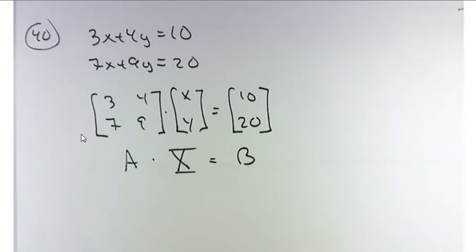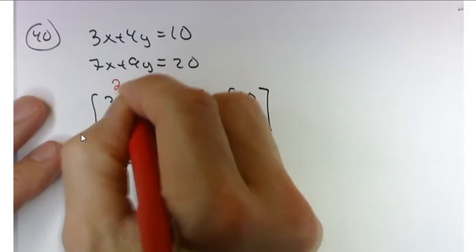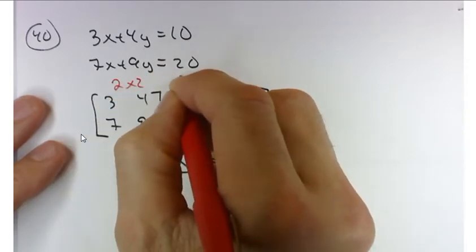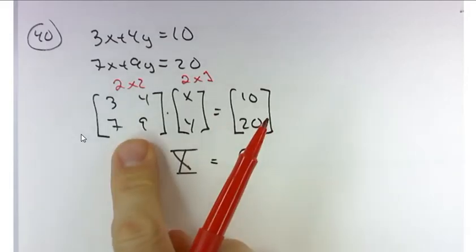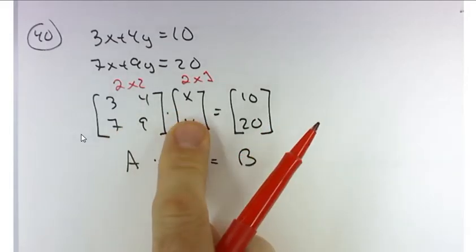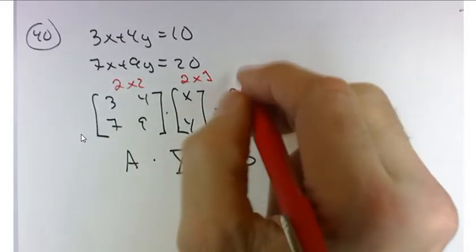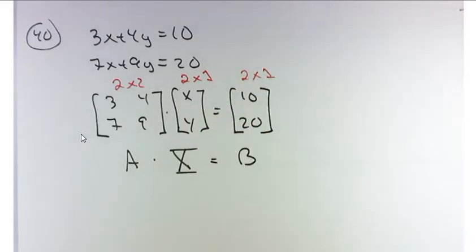You can check the dimensions here. This is a 2 by 2 matrix. This is a 2 by 1 matrix. If I multiply the 2 by 2 matrix, I'll get a 2 by 1. Or this 2 by 2 matrix times this 2 by 1, I'll get a 2 by 1 matrix. So here's my idea. If somehow I had the inverse of matrix A,